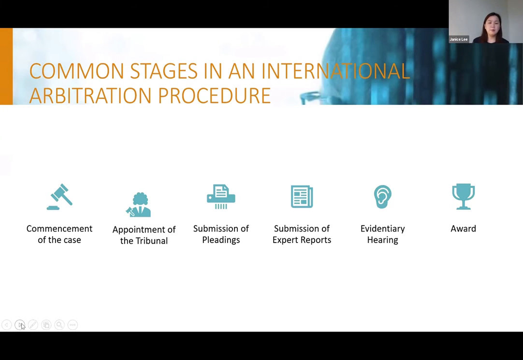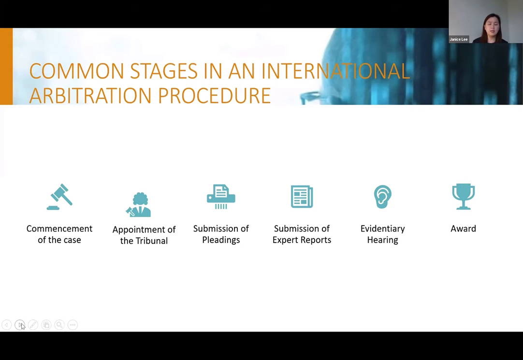So for me personally, what we do is that as early as possible, you want to be able to agree with the other parties what you're going to do whenever certain situations arise. So one of the best ways to do this is to, for example, agree on certain protocols. So for example, you have appointed the tribunal, which is on the second part of your screen there. Usually the tribunal would